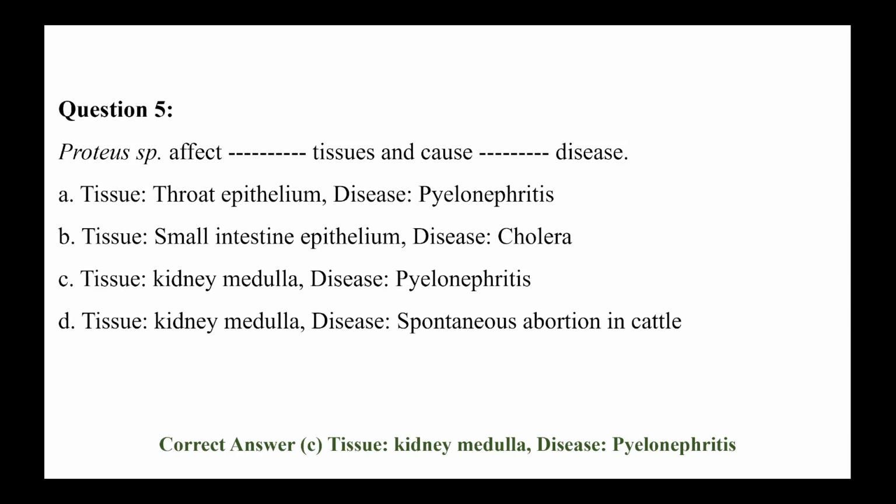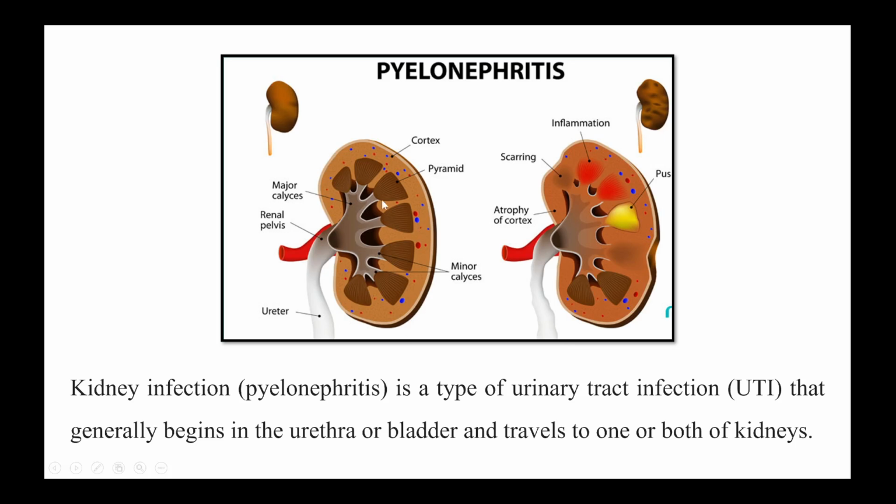So nephritis is a kidney disease, and it is caused by these Proteus species. Cholera is actually caused by another bacteria. So Proteus species infect the kidney medulla. This is the medulla region of the kidney. This is the healthy kidney and this is the one infected by these bacteria. You can see inflammation occurring in the kidney, and then the kidney is filled with pus and slowly